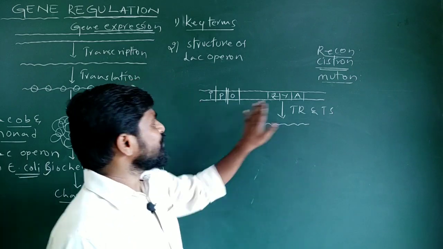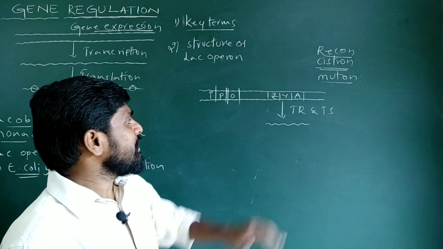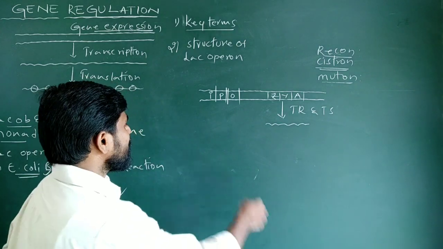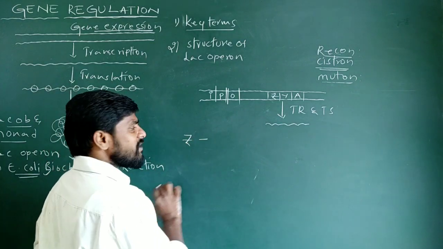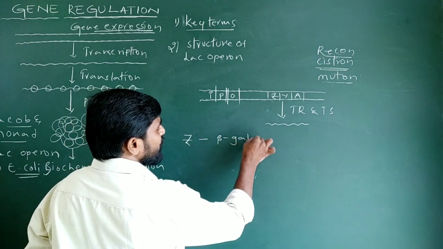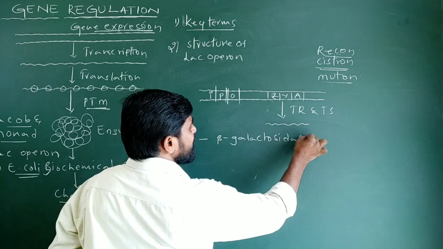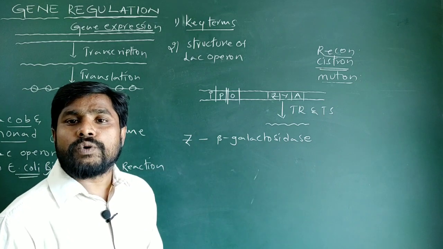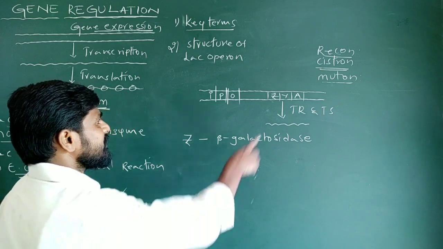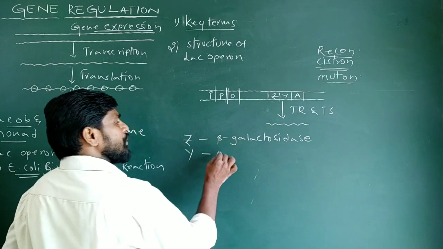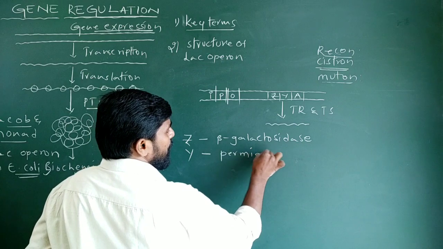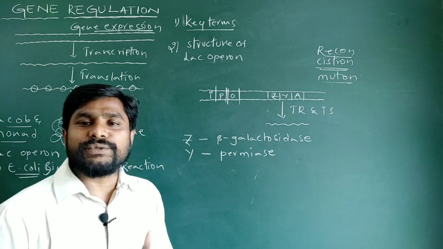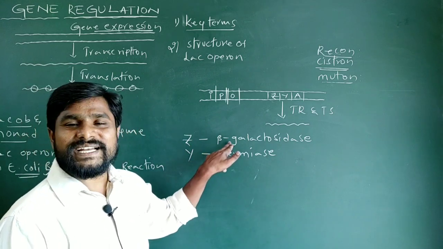Leave that aside. Let us come to the functions of these structural genes. What is the function of the Z, Y, and A structural genes of the lac operon? The function of the Z gene is to synthesize an enzyme, beta galactosidase. You know very well that the function of beta galactosidase is to hydrolyze lactose into glucose and galactose. The next gene, the Y gene, synthesizes an enzyme permease. Permease is the enzyme which allows lactose into the cell so that the beta galactosidase can act upon